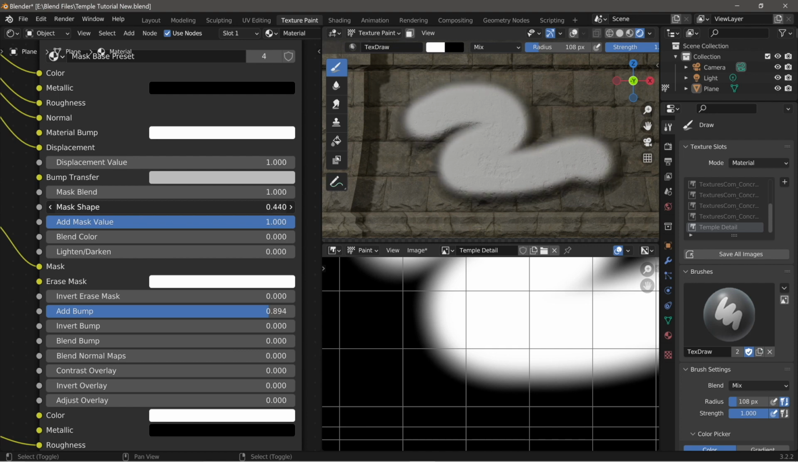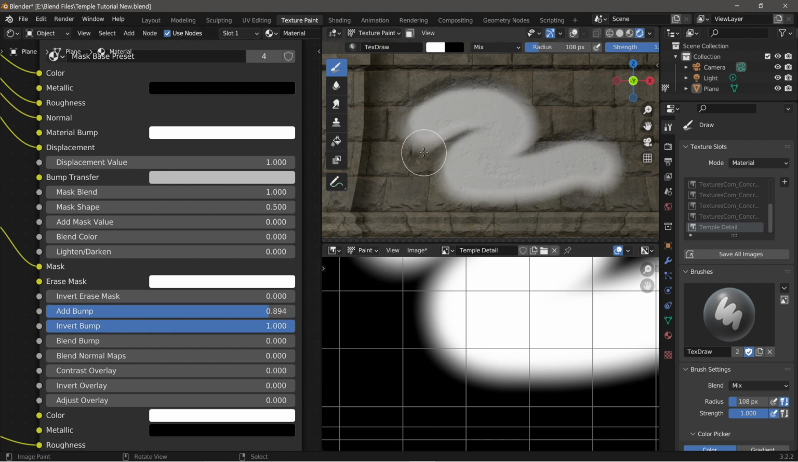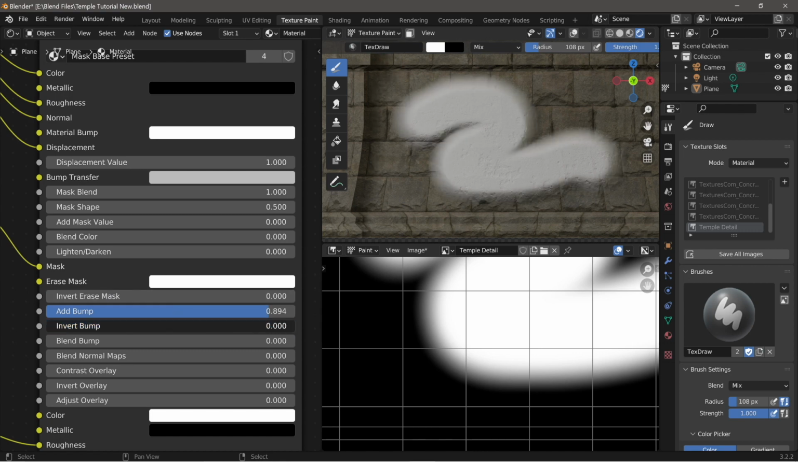But just as a side note, how much of this dark edge is visible is heavily impacted by the mask blend and the mask shape sliders. And of course, I should have mentioned that you can invert the bump mapping too, which is also very useful. Now, there are more features on the mask-based node that we will go over later in the video, but I